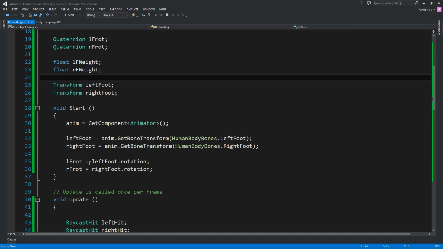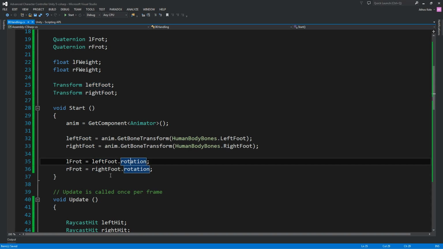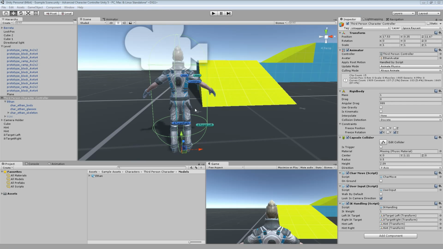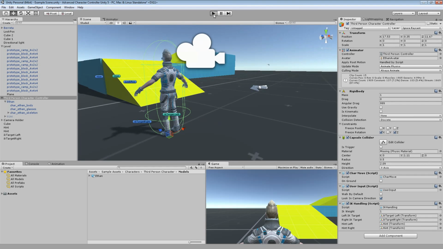And the simplest way to fix that is, we are already taking the left foot, then the starting left foot rotation will be the left foot rotation, and the starting right foot rotation will also be the right foot rotation. So let's go back, let's hit play,